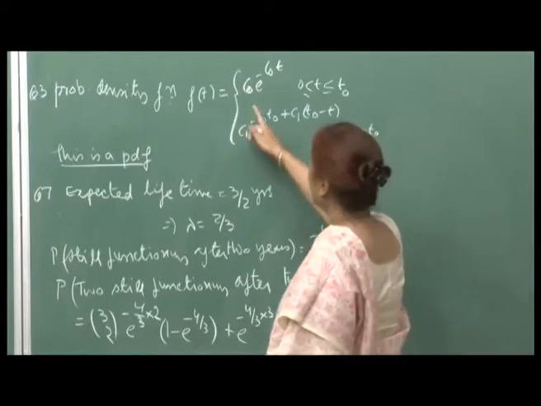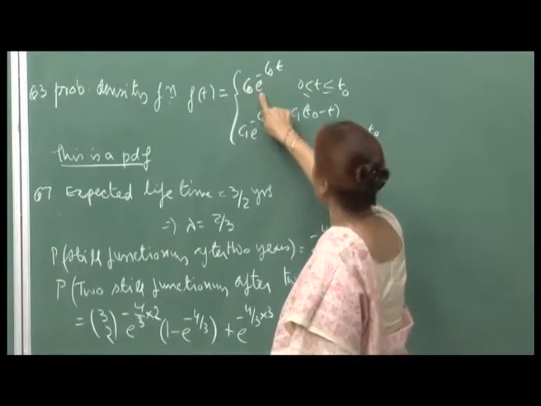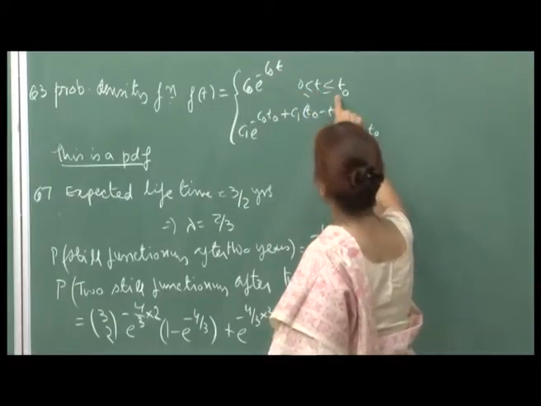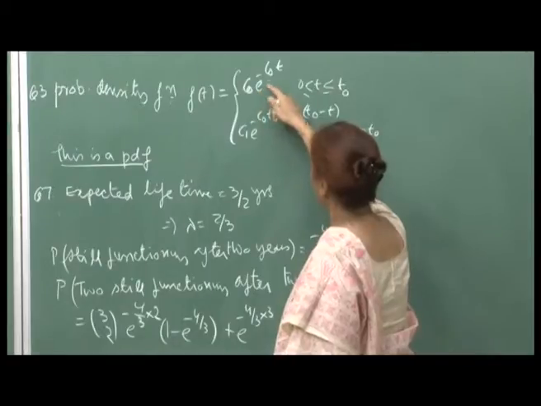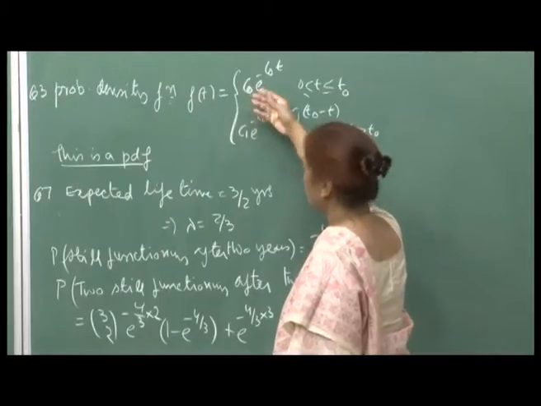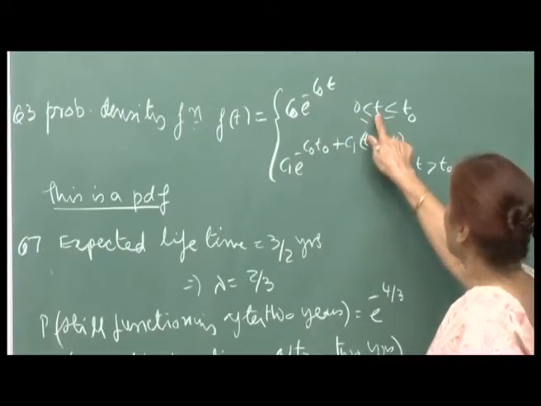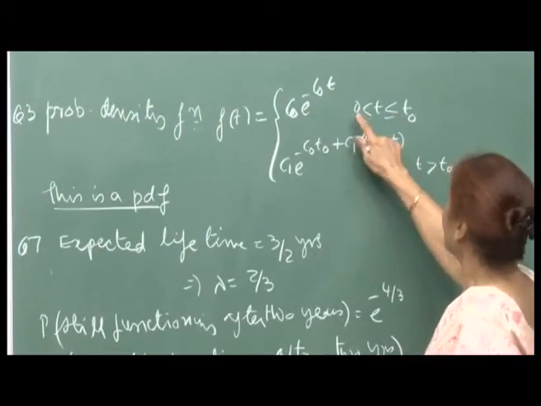So, you see the required density function will be C naught e raised to minus C naught t as long as t is between 0 and t naught, because this is the failure law. So, the rate of failure is C naught and is the exponential failure law. Therefore, for t less than or equal to t naught, that means lying between 0 and t naught, you will write this,